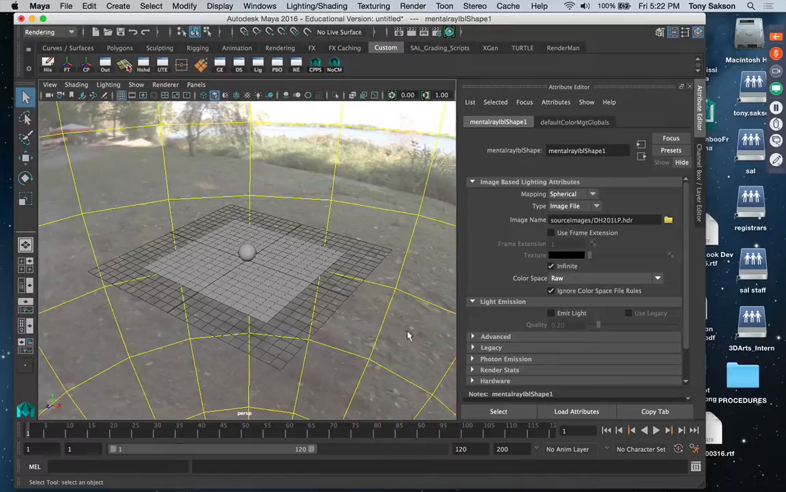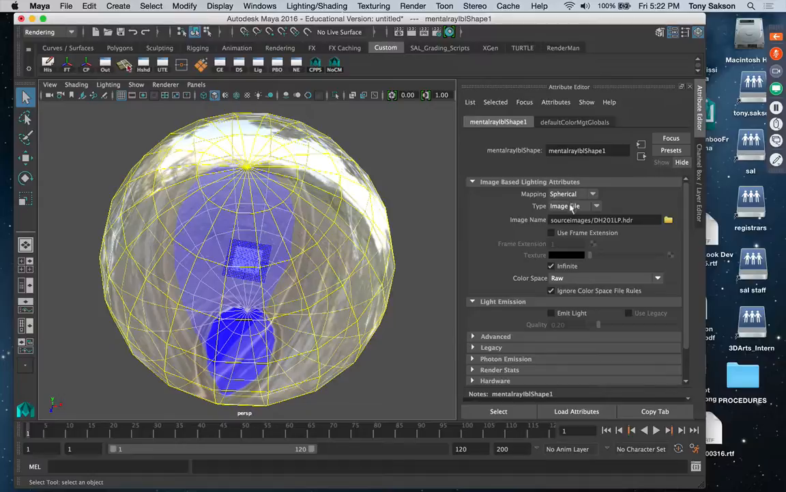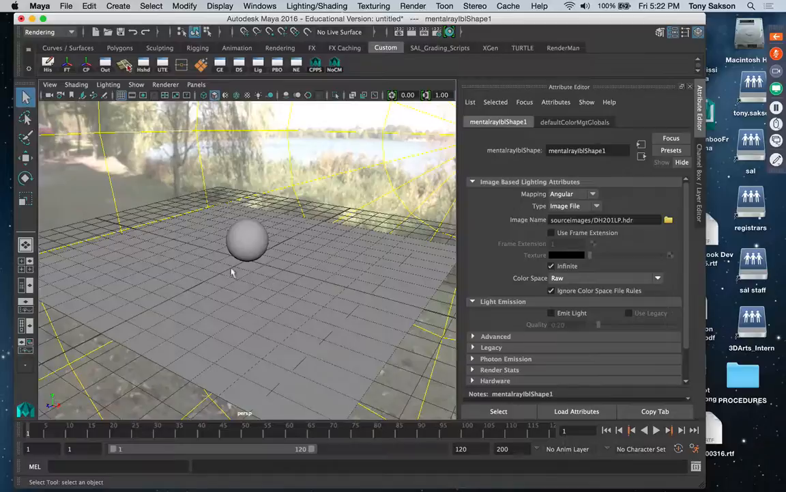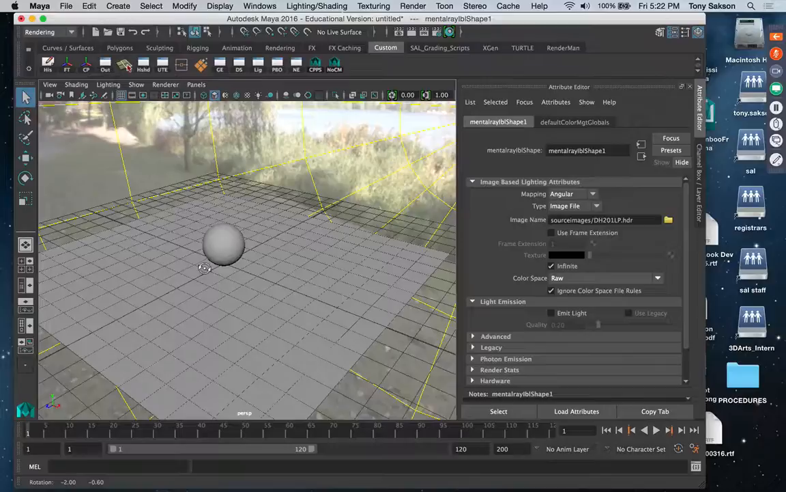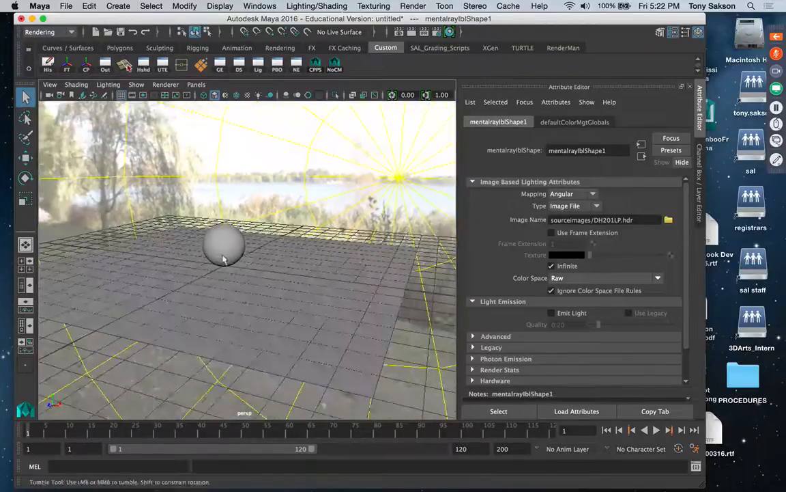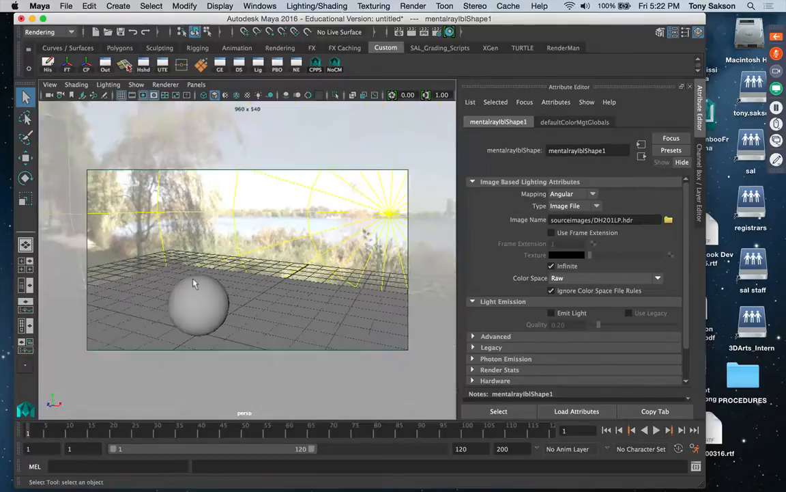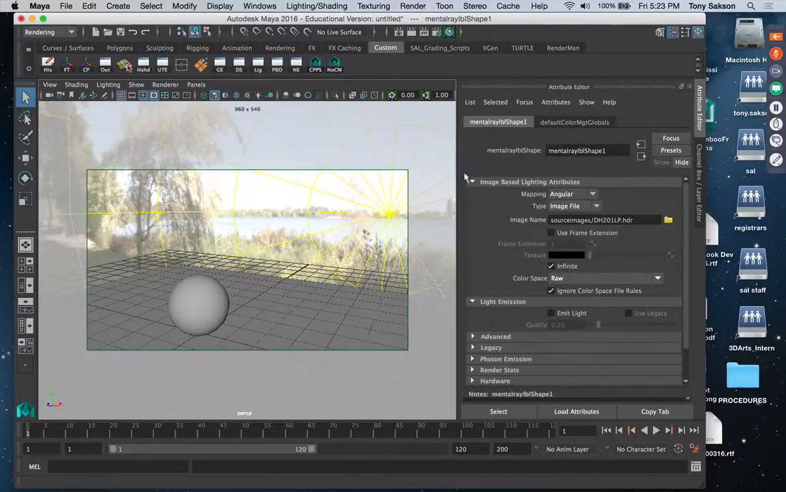So my DH201LP. LP means it's a light probe, which, what do I have to do now? Make it angular. Thank you. There we go. All right, so if I want to render this out, that'll work. And you saw I put on resolution gate. That way I can see exactly what my render is going to give me when I hit the render button. So if I render this out,